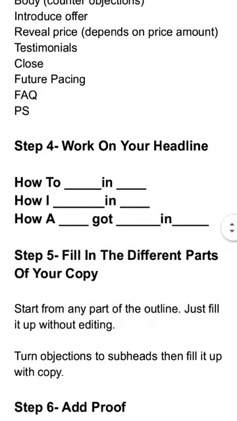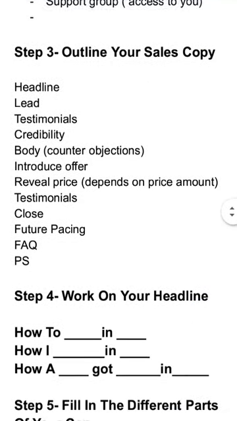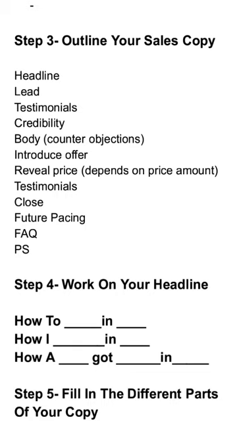Let's go on to the next step. The next step, after you have written your outline, is you start working on a different part of your outline. Now remember, in this outline section, you can just outline them first. You don't need to start filling them up. The different parts that you want to use in your copy, put them in the outline, so you can see how this thing is. I can decide to start working on each of them separately.